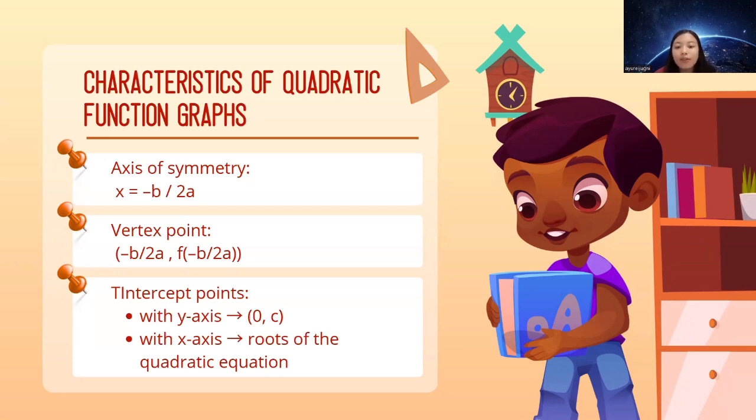Next, we have the vertex point, which is the highest or lowest point of the parabola. And finally, the intercept points, which are the y-intercept and the x-intercept. Please observe the formula and explanations on the screen carefully because these characteristics help us draw